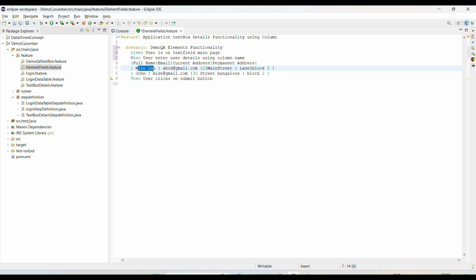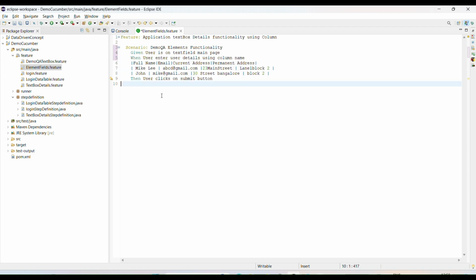Firstly, we need to understand how feature file we are going to write, right? After that, we are going to move to step definition. So you understand how you are going to write feature file using maps. If you're using maps, you need to declare the column name. So in that way, guys, you will understand better: in this column I want to enter this data, right? And in this column I want to enter this data, right? So everyone can understand in this field we are going to enter this data, and in this field we are going to use this data. So this is a good approach, right?